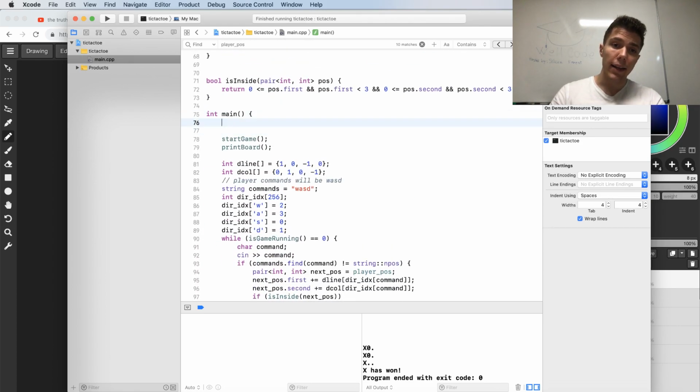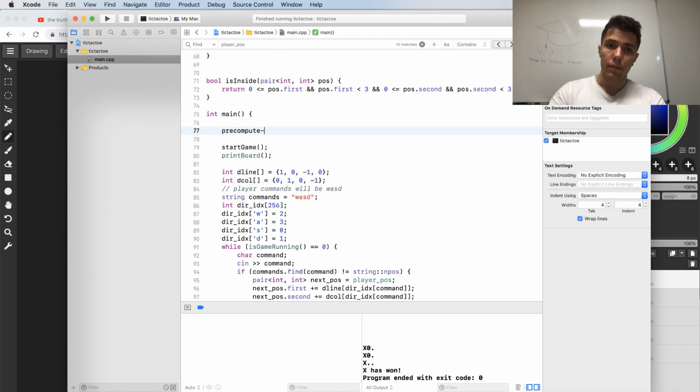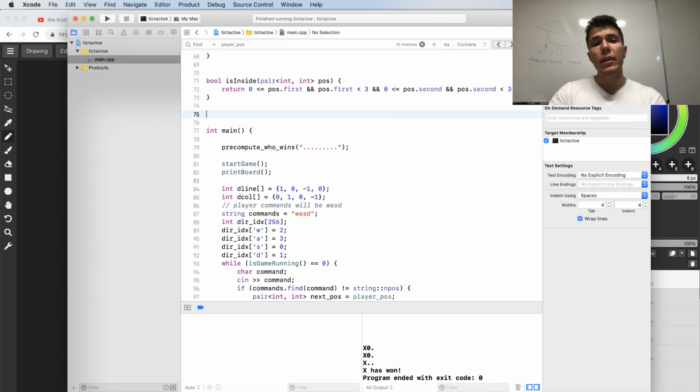Before starting the game, I'll pre-compute who wins. And I'm gonna start with the basic state. So I have here 1, 2, 3, 1, 2, 3, and 1, 2, 3. And I'm gonna have this function saying